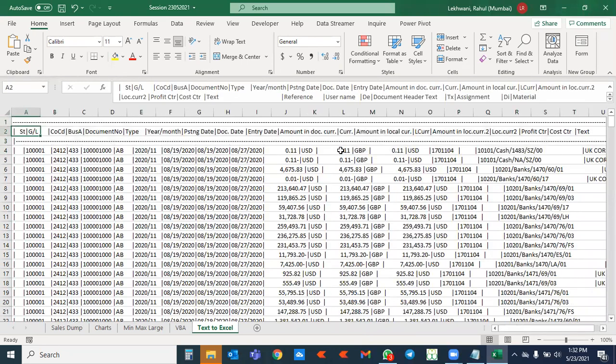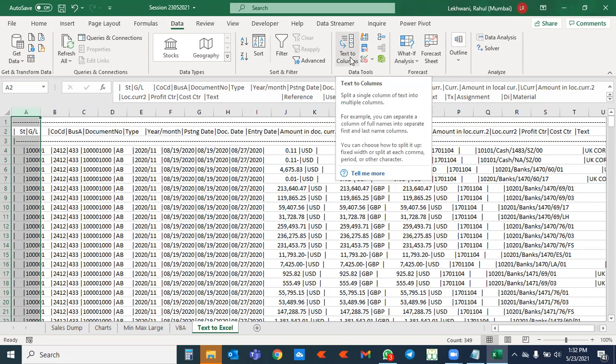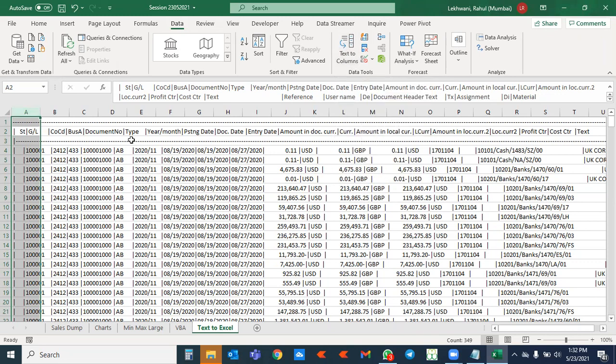Now I'll select this whole column A and go into Data. There's an option called Text to Columns, right? Can everybody see it? We need to select the A column, because all the data is there in A column.